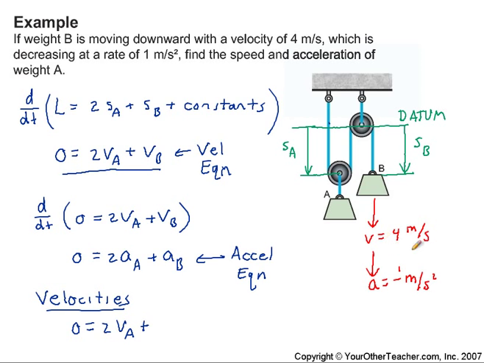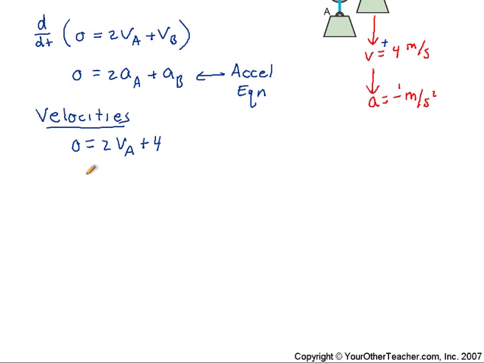Now let's look at this value of V sub b. We have 4 meters per second. You notice it's going down. So the way we define the position variable for b, the position variable is defined going down. So that makes this a positive velocity. So we'll add to that 4. All right, now we can solve for V sub a. And we find that V sub a is -2